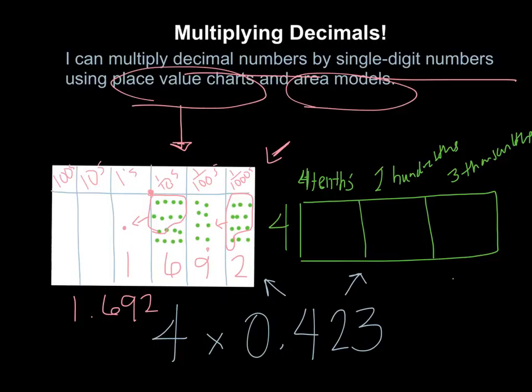Now, if I try that on my area model, it should be the same thing. So I have 4 times 4 tenths, which will give me 16 tenths. 4 times 2 hundredths, which will give me 8 hundredths. And 4 times 3 thousandths, which will give me 12 thousandths. So, if I add these all up together, which will look like 1.6, 0.08,